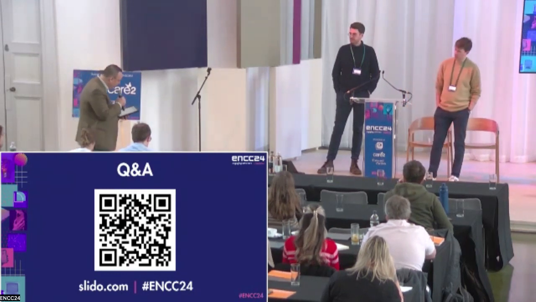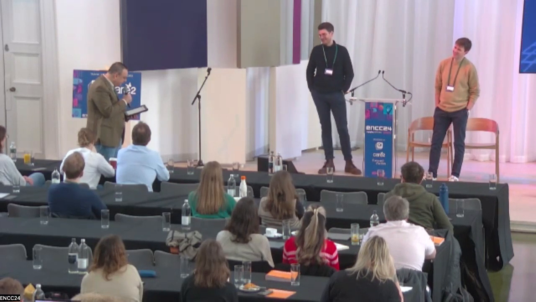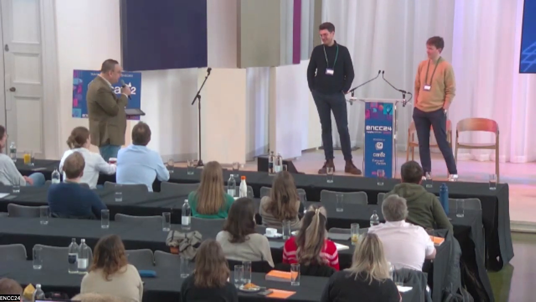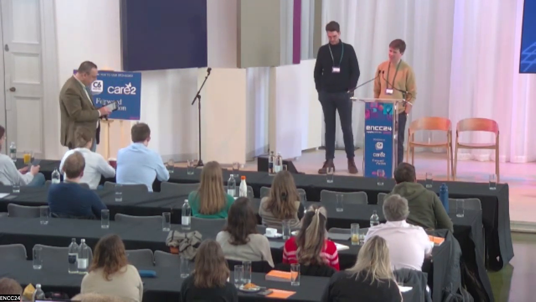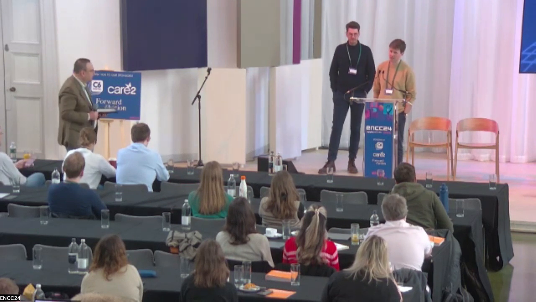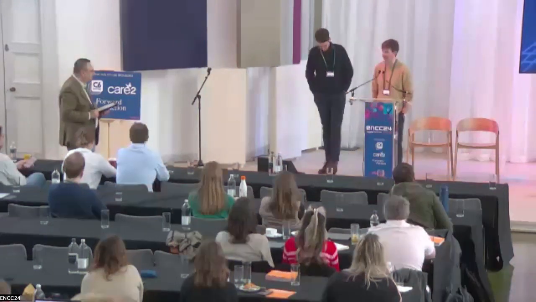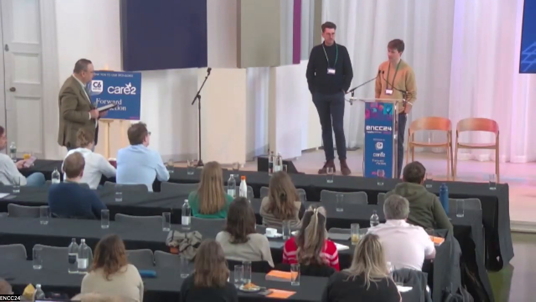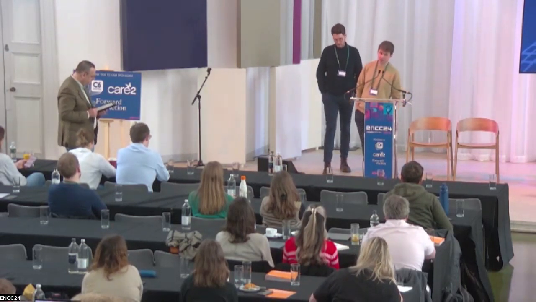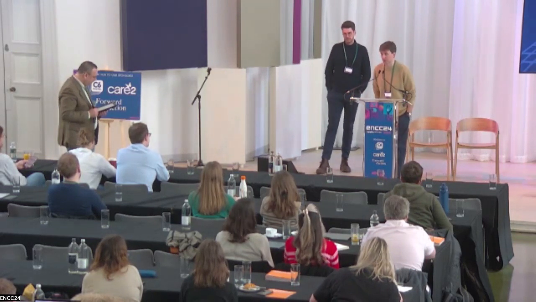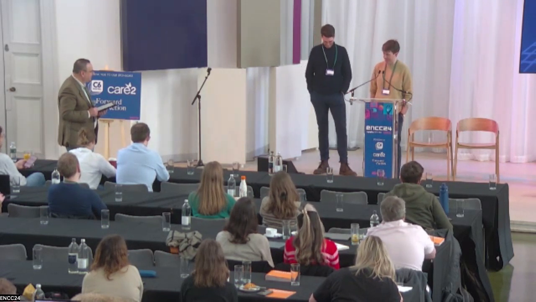Okay, we have another one here. Considering that many people will be covertly using AI in the workplace, what's the best way to encourage safe usage? I think it varies sector to sector, but you're looking at least 50% of your colleagues are using AI and not telling anyone about it. I think the best way of doing it is for organizations to be proactive. They need to be setting an AI ethics framework. They need to be considering the GDPR implications. They need to be giving people tools that they can use in their day-to-day job, and not burying their head in the sand and trying to put it off.